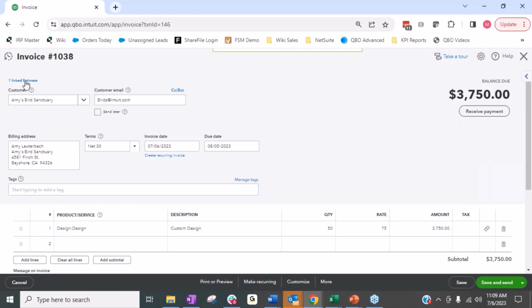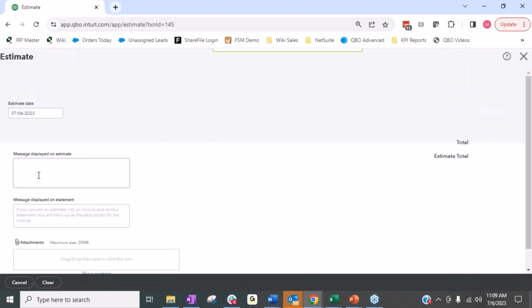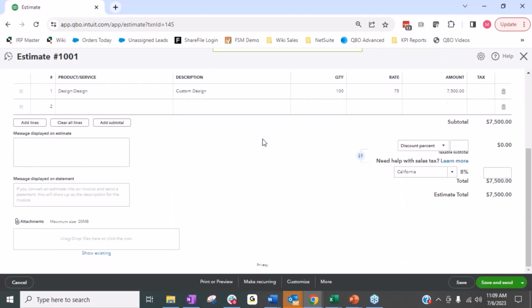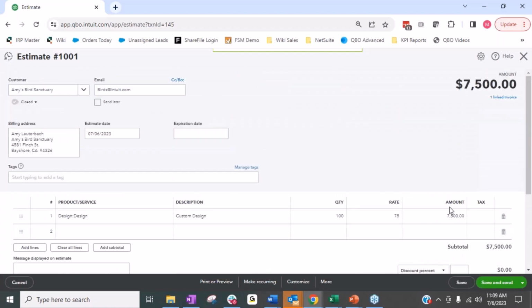If I go back to my linked estimate, it shows that the estimate is still outstanding for the 100. It didn't change the estimate to say 50. But what it does do is it closes it,